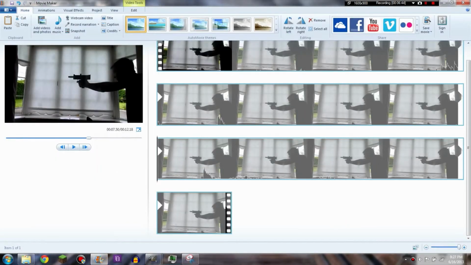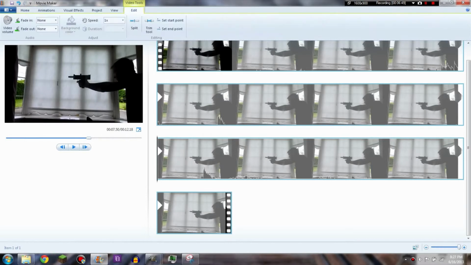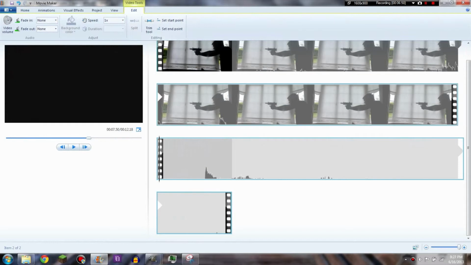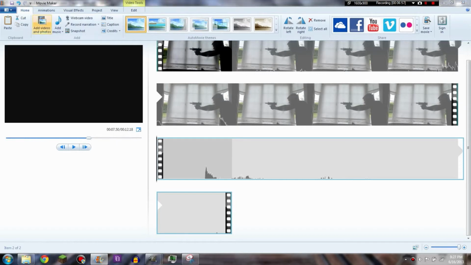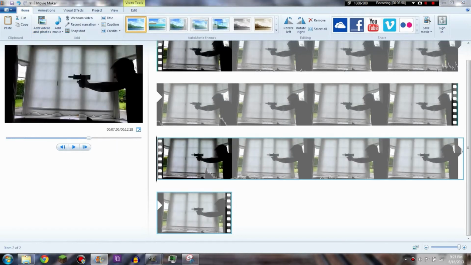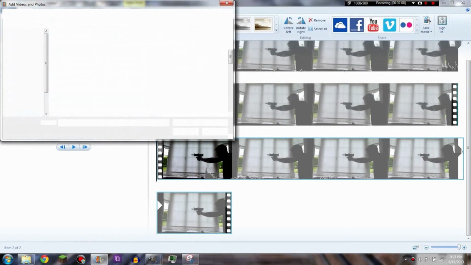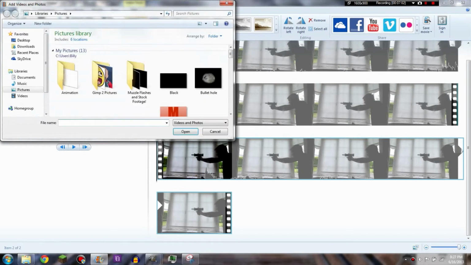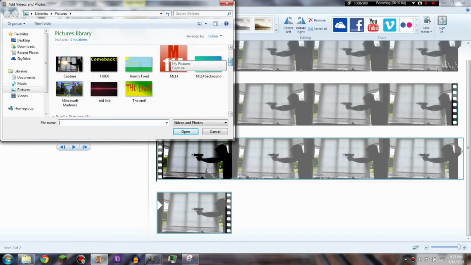And I made a mistake there, so make sure when you're doing it you split the second you find the right frame. And now we're gonna have to go to home, add in a video or a photo, because this is a photo. And where is it? Here it is. Now open it up